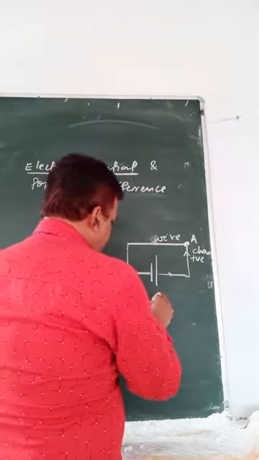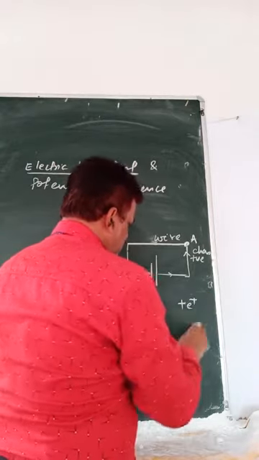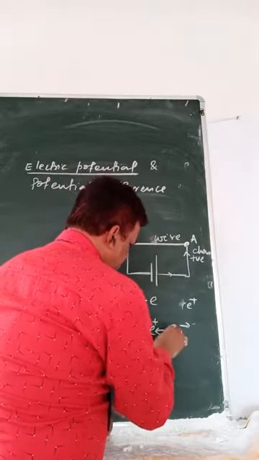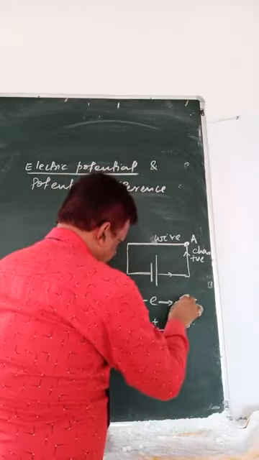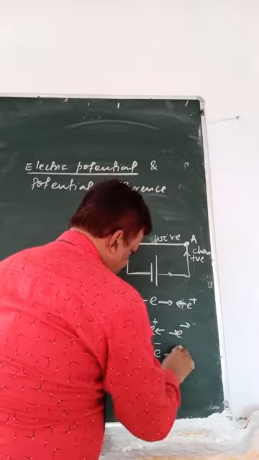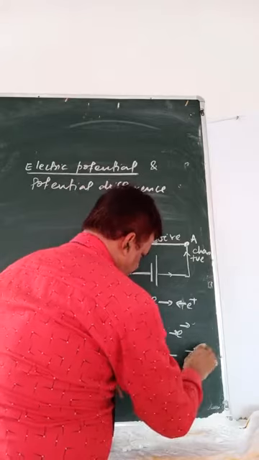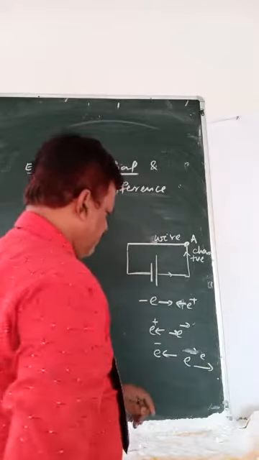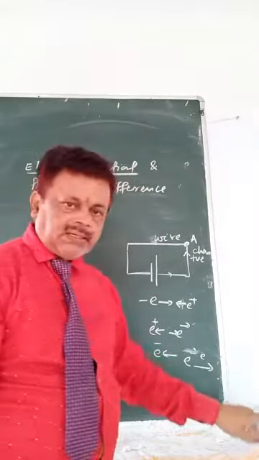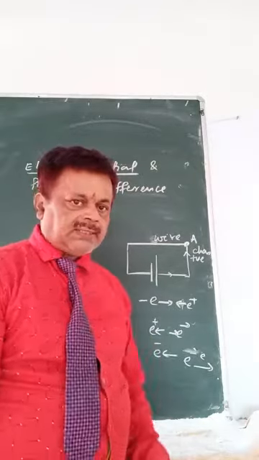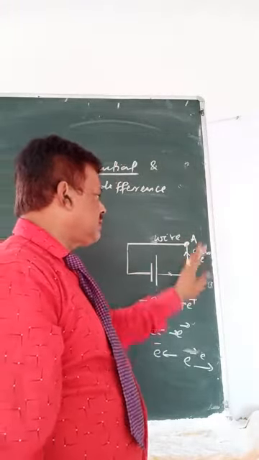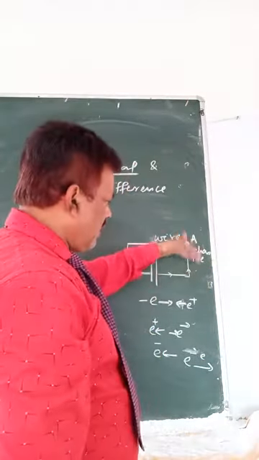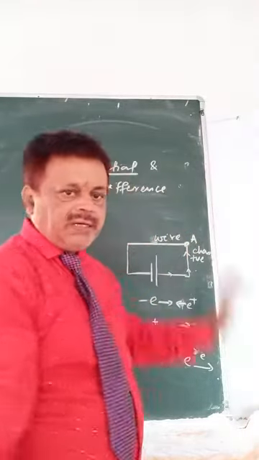That means negative and positive charge attract each other, positive charges repel each other, negative charges repel each other. So this will go this direction, this will go that direction. If a body is saturated with a positive charge, you cannot give it more charge. It will not accept more charge, rather it will repel the charge which you are giving.